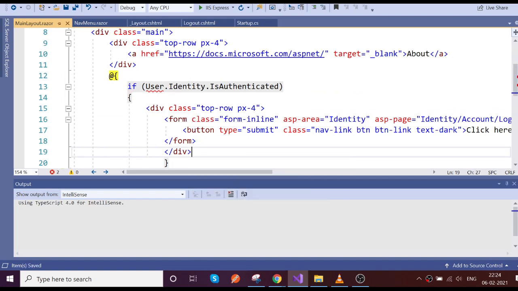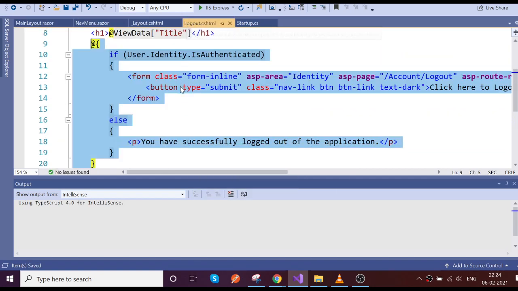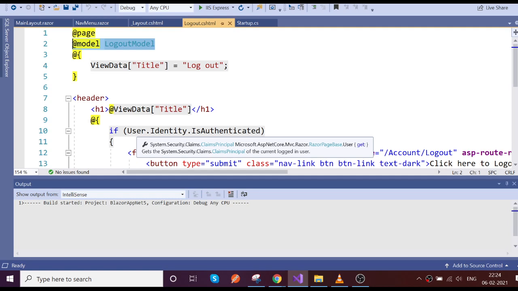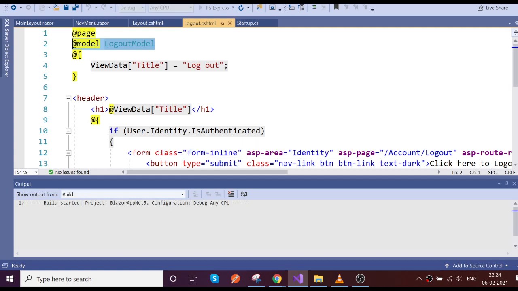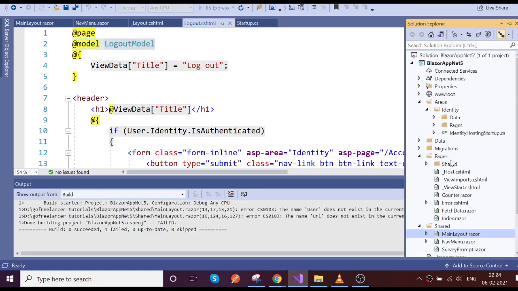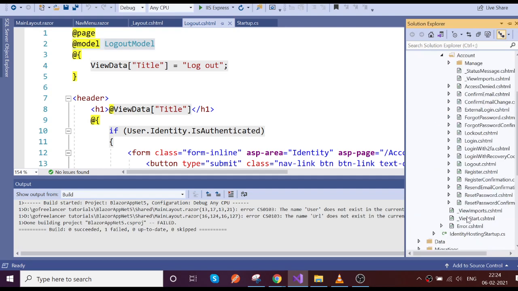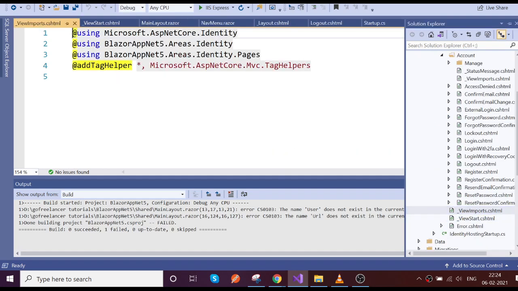And we need to refer to the logout model. This is a user claim, which is there in the view imports.